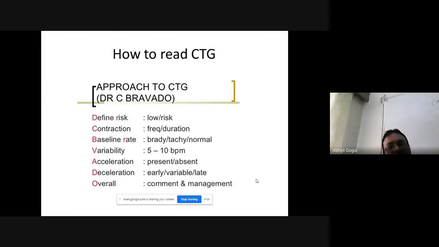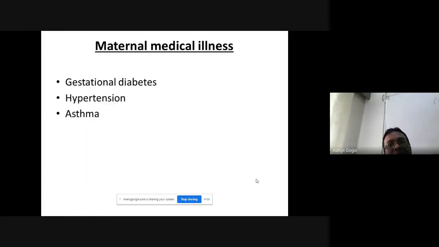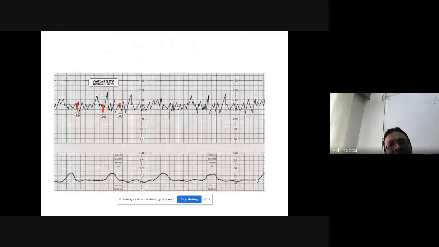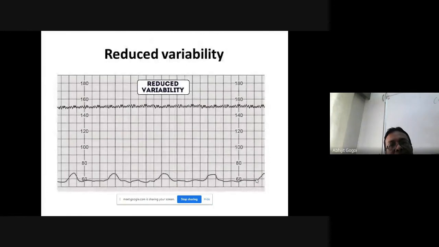If it is not so normal but close to normal, then you write non-reassuring, needs more tests. And if it is severe, like a sine wave, you write abnormal, if you find a severe sine wave or deep variable dips. What are the things that can give you a warning sign? Reduced variability. You will take this very seriously. There is a zigzag pattern, but it is almost the same, not much variability, not much fluctuation.